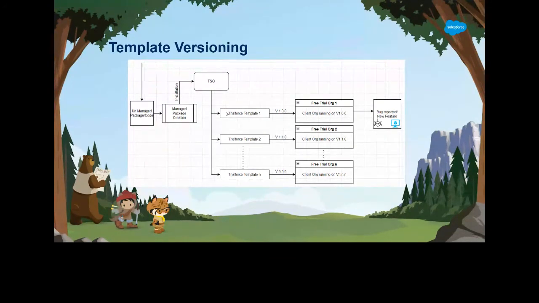in this diagram. Let's say your package version is 1.0.0. This is your managed package version. I hope we are all aware of how versioning works in a managed package solution. There are four digits in the versioning as well: major, minor, build, and patch. We will not go into that; this is just for sample purposes.